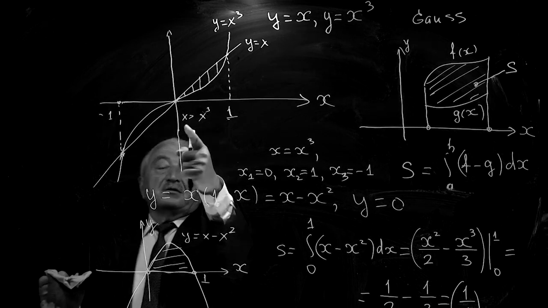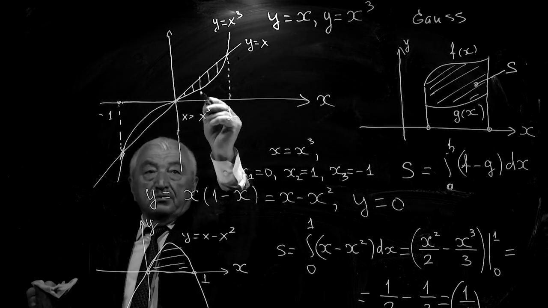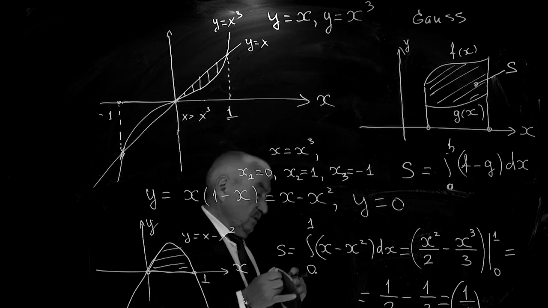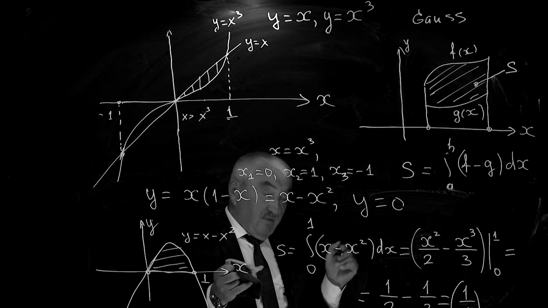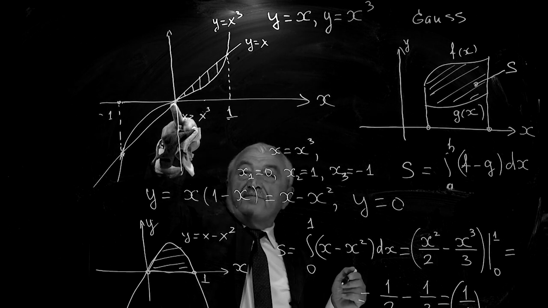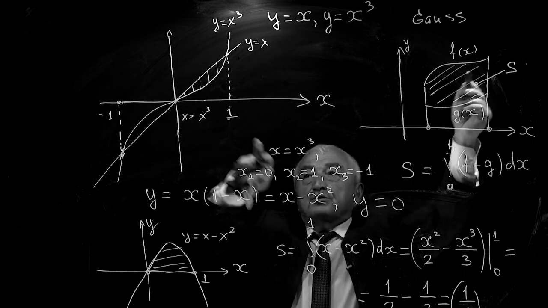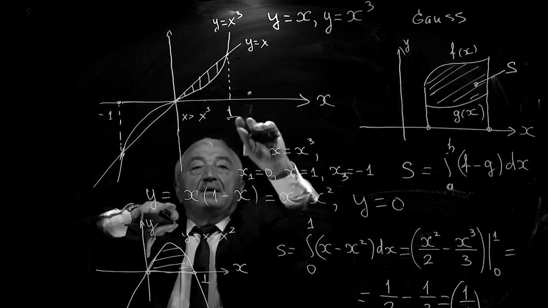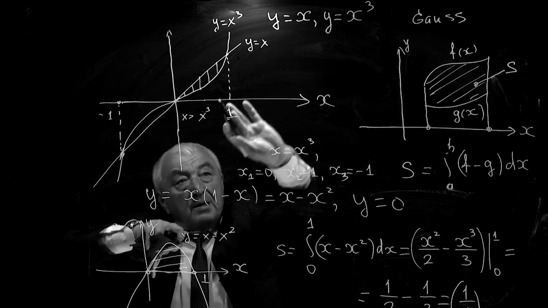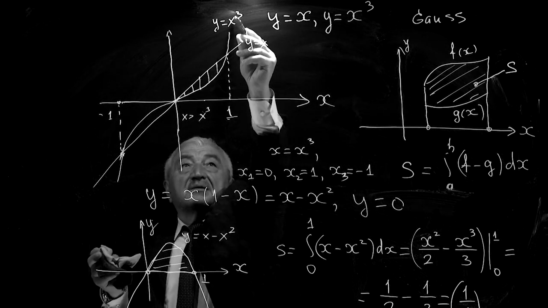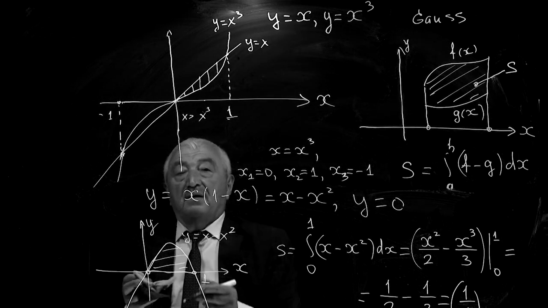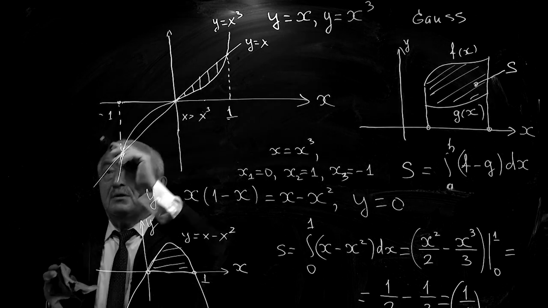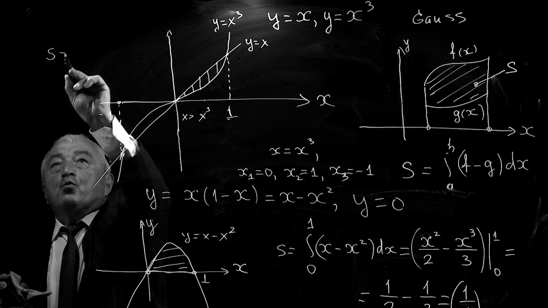For example, x equals 1 divided by 2. 1 divided by 2 is greater than 1 divided by 2 to the power 3, which means 1 divided by 8. Therefore we have such a function x and this function x to the power 3. If x belongs to 1 to plus infinity, naturally x to the power 3 is greater than x. And in order to solve this question, it is nice to calculate S equals 2 times